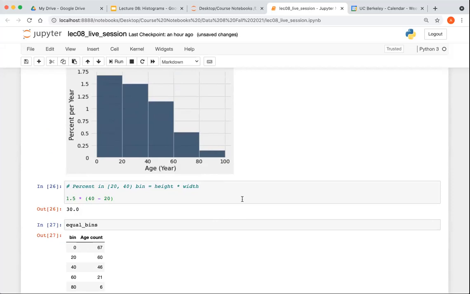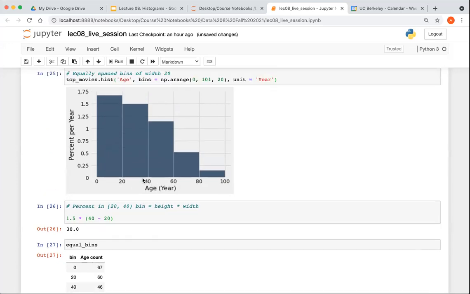Okay, why is it 40 to 20, 40 is non-inclusive? Everardo, this is a geometric figure. We are not looking at the actual ages, we are looking at what is being plotted as a figure on the number line. So this interval is going from 20 all the way up to 40, 39.999999999. And so therefore the length is 20.